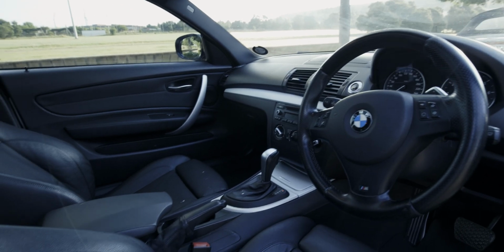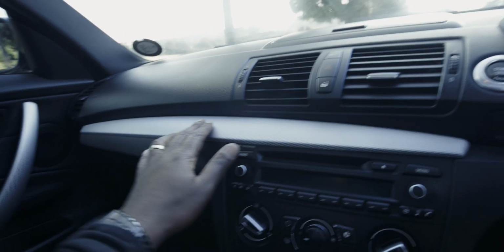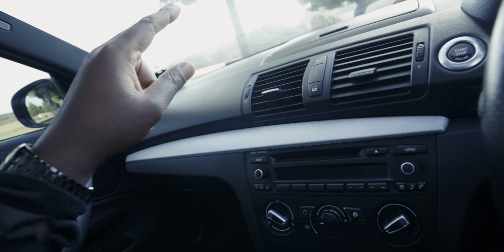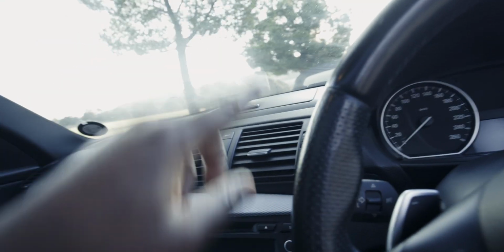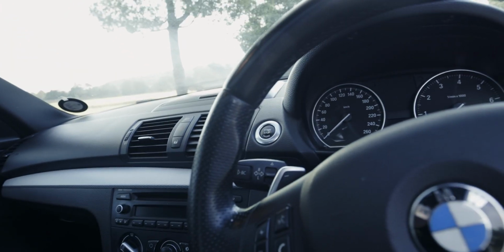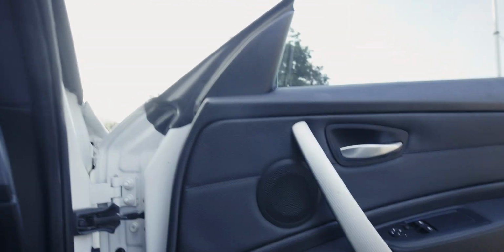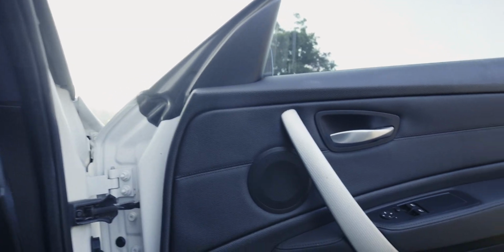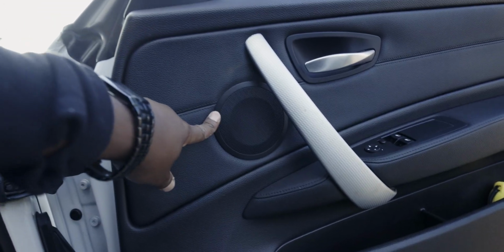Basically, these cars are very, very similar inside. Obviously, we'll have the difference in the trim here. This one is silver. I know that there was this trim, and then there was the oak trim, which is on the other one. And then the other thing that I struggled with is, if you are somebody who likes sound in your car, then BMW decided to, I'm not sure what size this is, I think it's a 3-inch